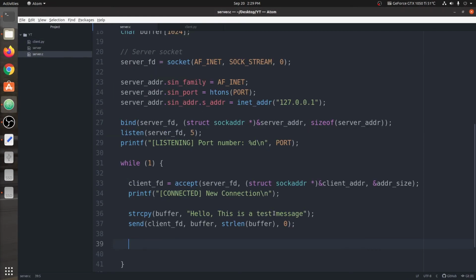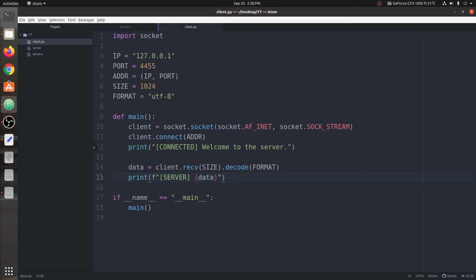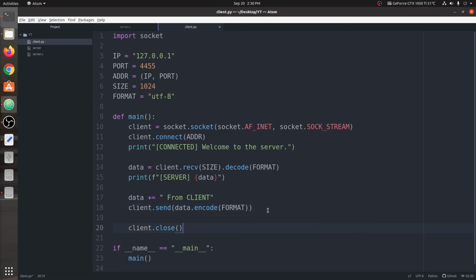So now the server needs to receive the data. So first the client would send the data. What we're going to do is add some message into the server message only. So we're going to append this line in the data in this message. We're going to say from client. Okay, this is just to make sure that this message is from the client, and we're going to send it to the server. After we have sent the data to the server, we would close the connection. Okay, it's this simple. We're just going to receive a message, send back the message, and close the connection to the server.